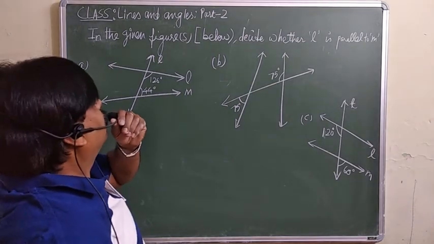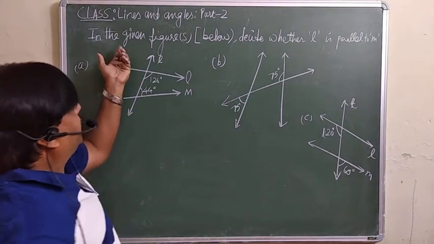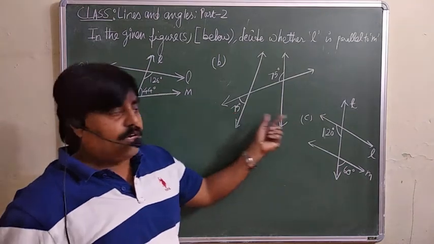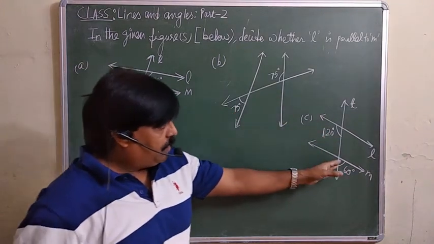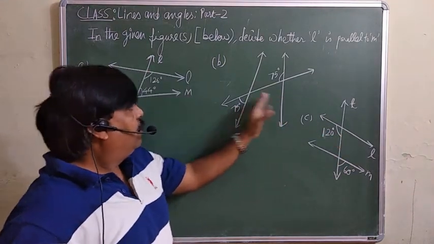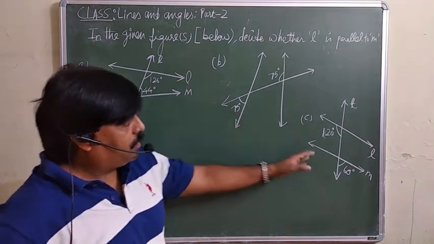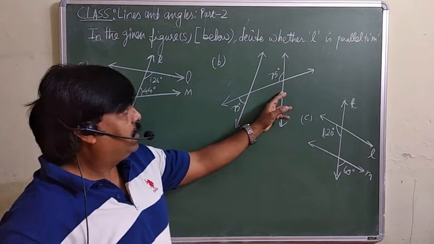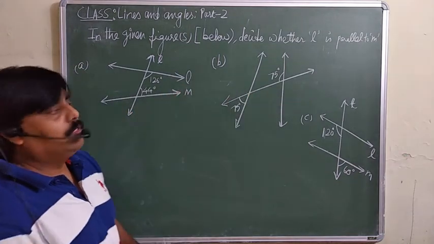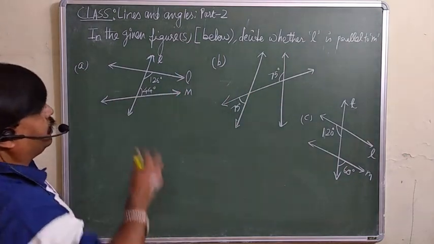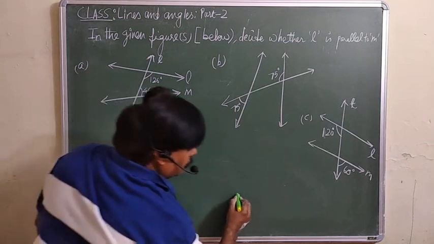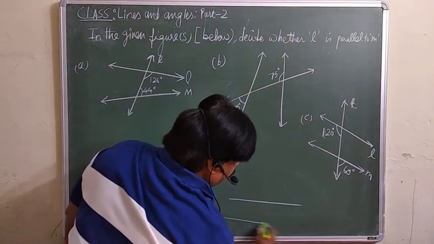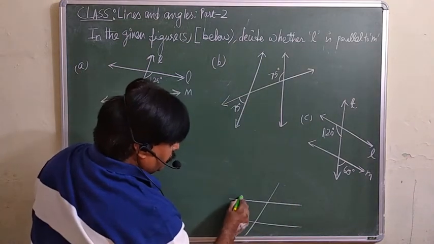Yes. Now we are taking three different figures and we want to check whether these lines are parallel or not. हमको ये तीन फिगर दिए, हमें ये चेक करना है कि ये लाइन L is parallel to M है या नहीं. So take the first part. Already we discussed, ये हमने already discuss किया है कि if the lines are parallel,